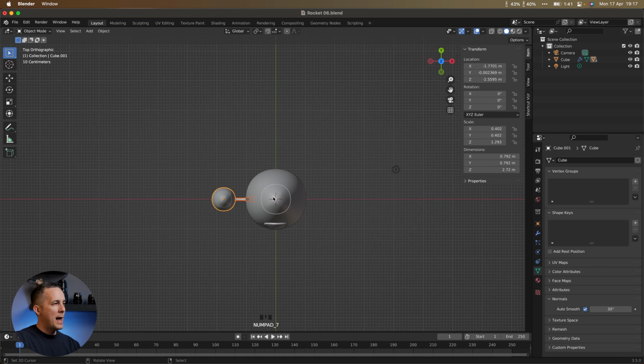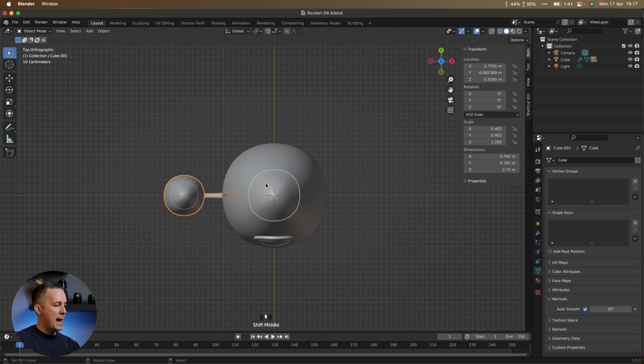So we'll take it like that, and then we'll select both of these, go to the top view, and make sure that the cursor is in the center. If not, press Shift and S, cursor to world origin. And we want to make a copy of the rocket, so Shift D of the engine, Shift D, press Escape,